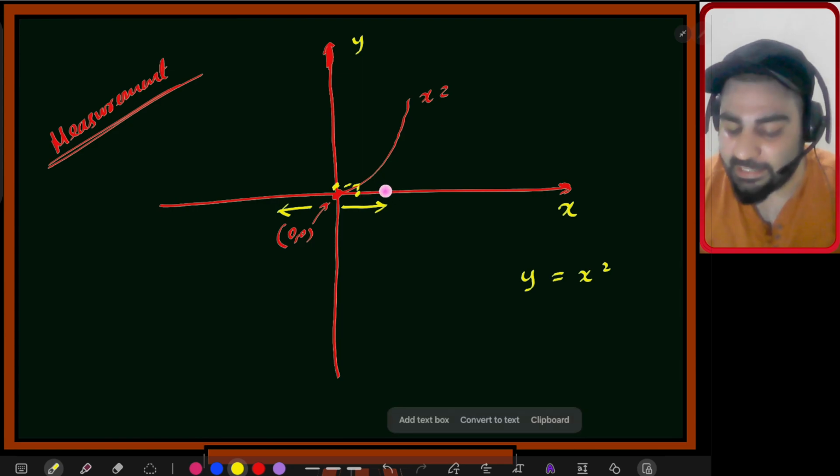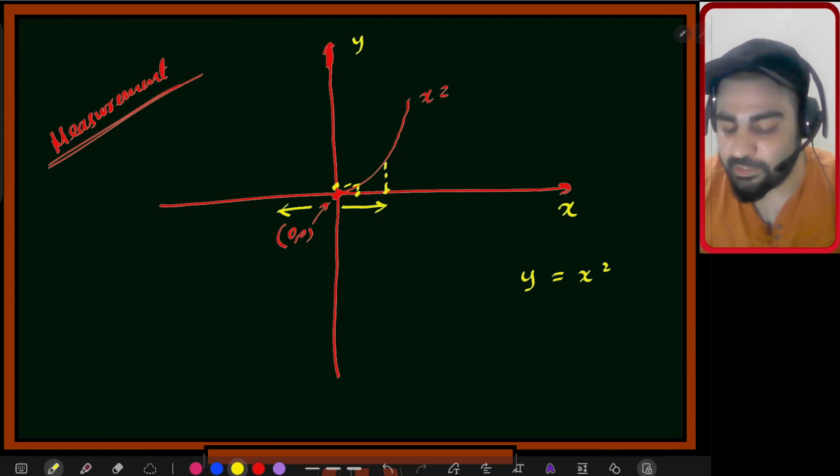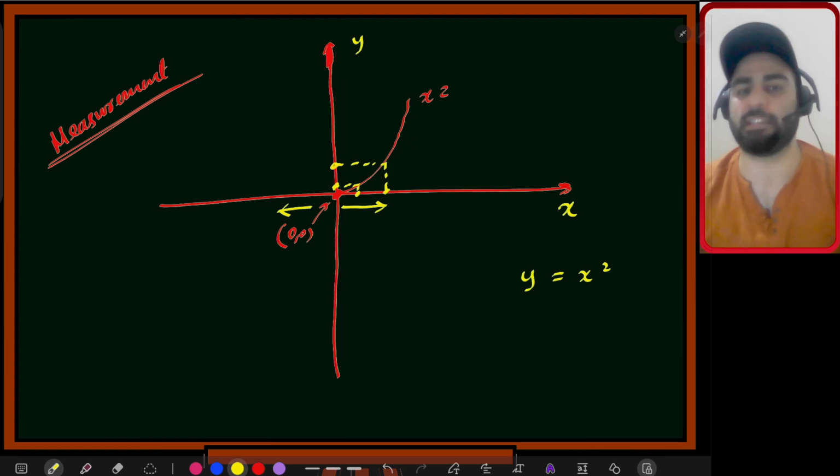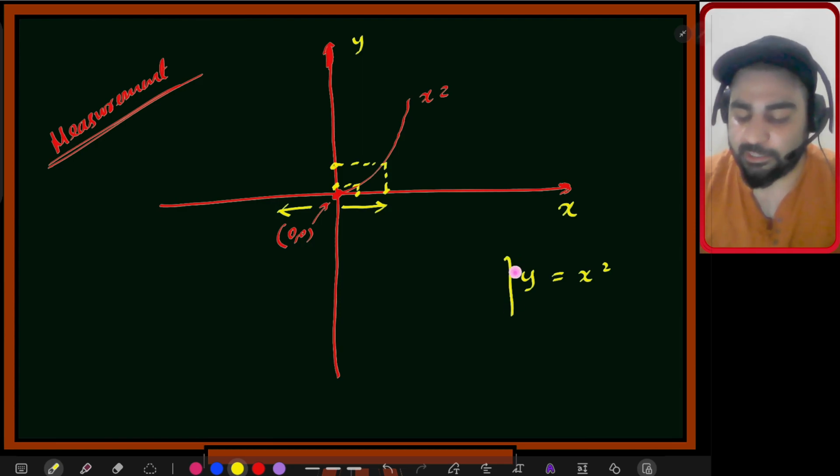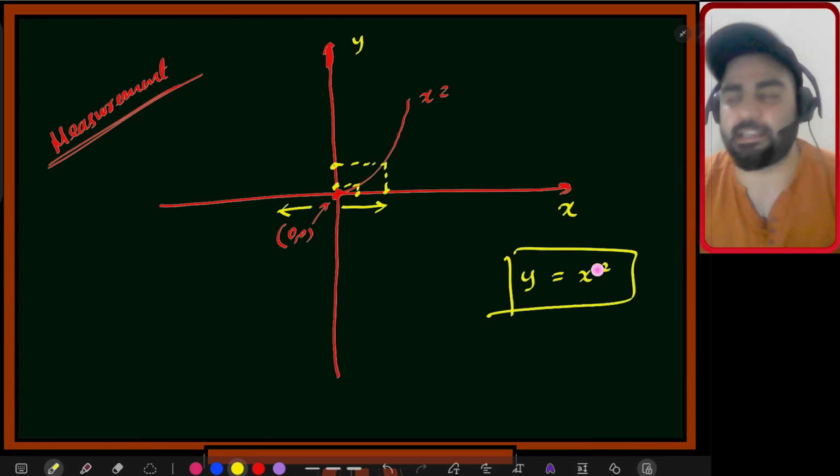Okay, if I increase x, I'll go to this point. So if I now see, you'll go to here and you see the increase, direct increase. So how to now draw these graphs? There are really easy ways. You take this equation, you just take some independent values for this x and you will get the values